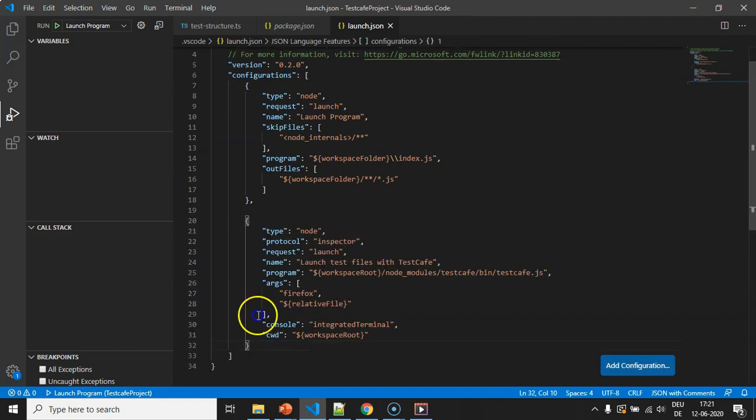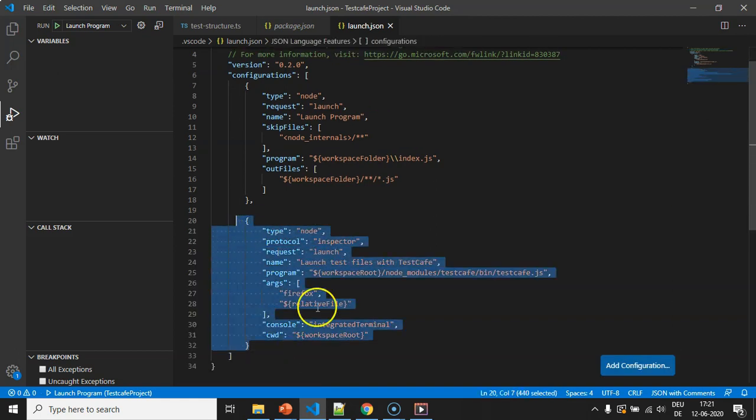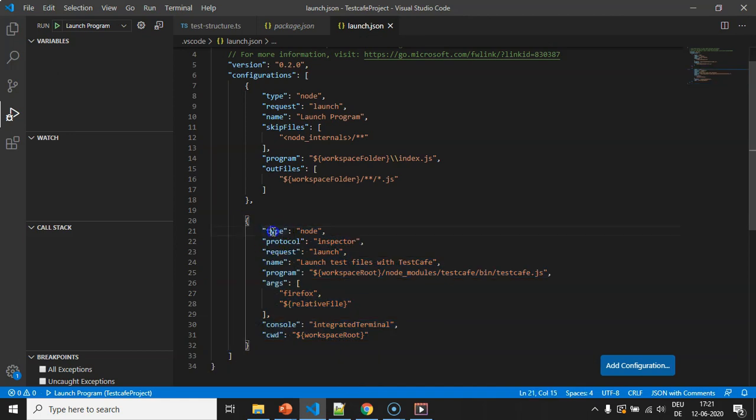Here I have added these configurations. For example, we have type node protocol inspector, request which is launch, name "Launch test files with TestCafe", and program which is the testcafe module, and these are the arguments, like which browser, and console and cwd.